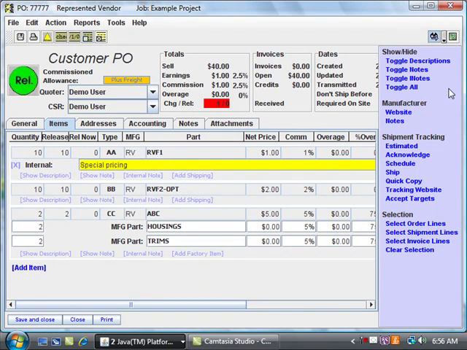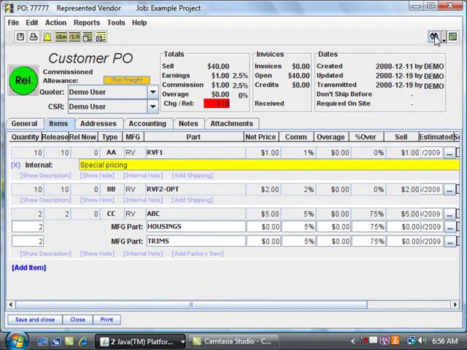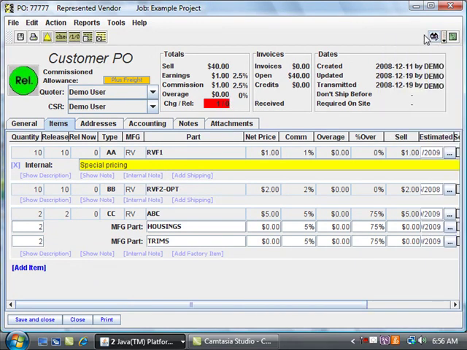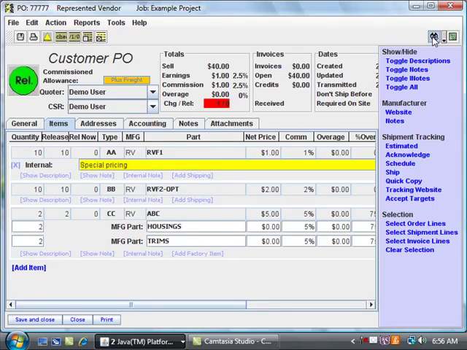Which, by the way, I can also show you some neat things on the new toolbar. Your screen is most likely going to be a little bit larger, and we've designed the order screen to be more useful under larger screens. But if you need to make that taskbar go away, just simply click on the little spyglasses there and it'll